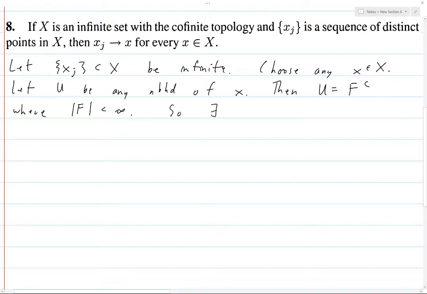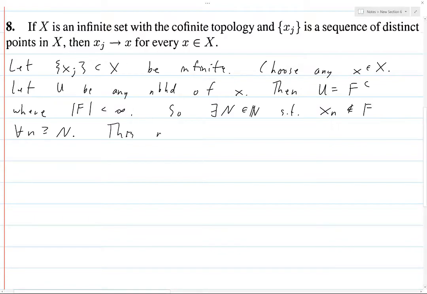So there must exist some natural number N such that x_n is not in F for all n greater than or equal to N. Because the intersection of F with the sequence of x_j's must be finite since F is finite, this intersection has a largest index j such that x_j is an element of F. There are only finitely many of them, so you can take a max of the indices, and then you just choose an index bigger than that, and that's your capital N. Of course, if F does not intersect the sequence at all, then you can choose any capital N. So x_n is not in F for any n greater than or equal to N.